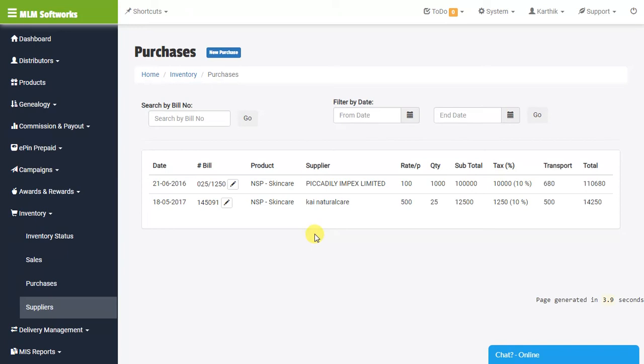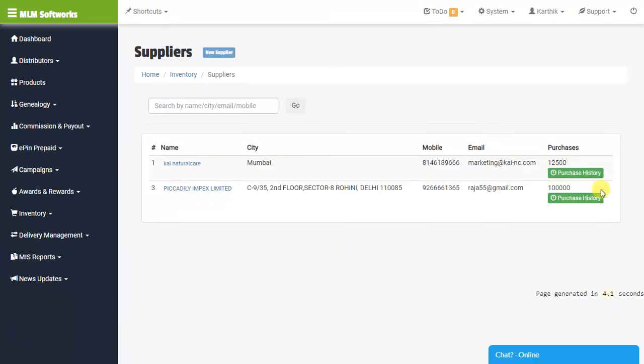You can add new suppliers and edit them. You can add easily. So next one is delivery management.